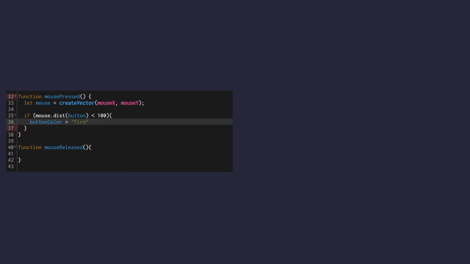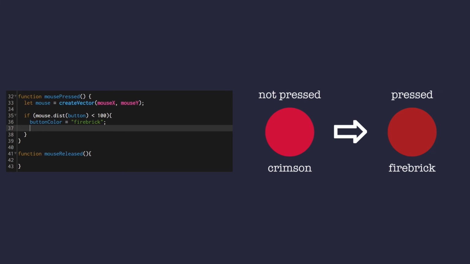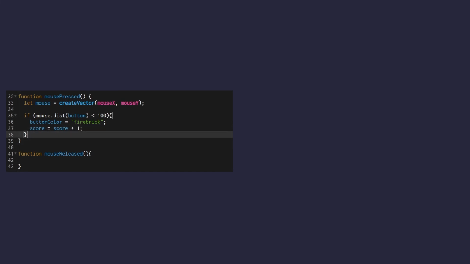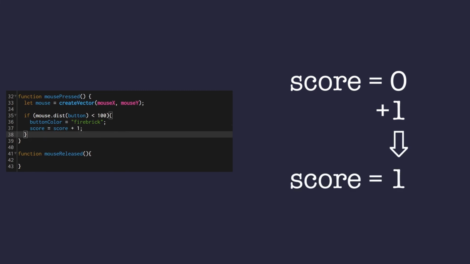Button color equals firebrick. When the mouse is pressed, we want to have a visual indication of that. So we change the color ever so slightly from crimson to firebrick. When this happens, we need to update the score. Score plus 1 means take the current score and increase it by a value of 1, and then save that into the score variable. And that is all the interaction you need from this function,